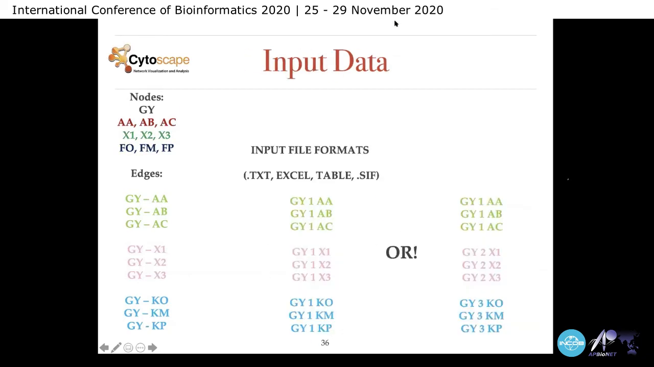Can someone tell me what I missed out over here? What did I miss out? Which relationships did I forget? So the relationships that I forgot over here,